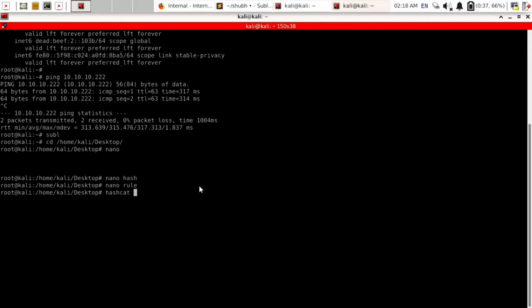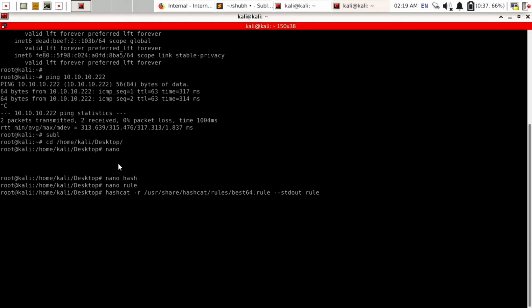So now we will use hashcat to crack this file. Here we are using hashcat -r. We have used -r for our rule. We have set our rule in the rule file, and for that we used -r. Thereafter we need to set one rule by setting the location /usr/share/hashcat/rules/best64.rule. So here is our hashcat's rule. Then use --stdout, standard output.